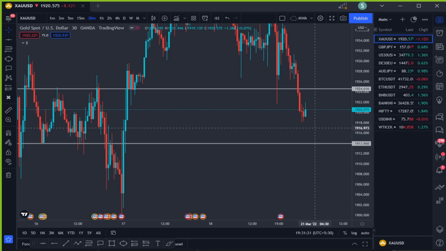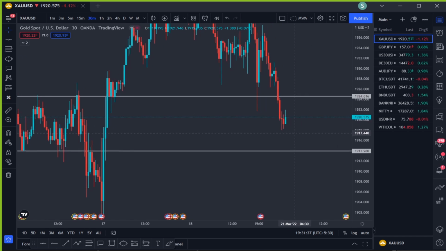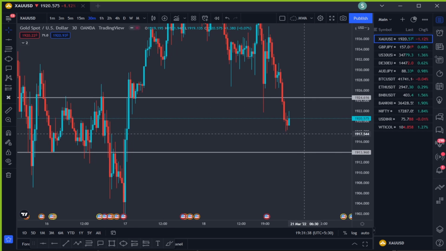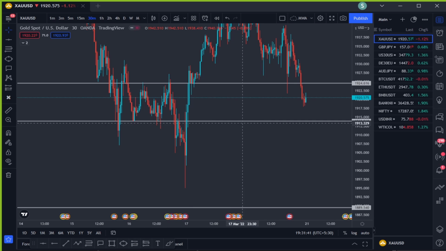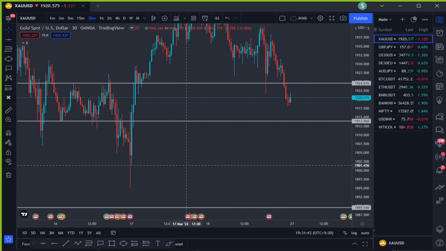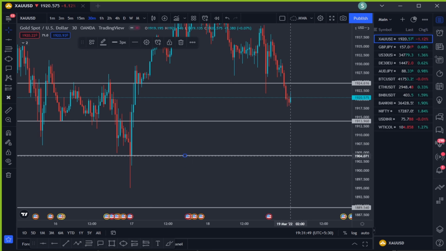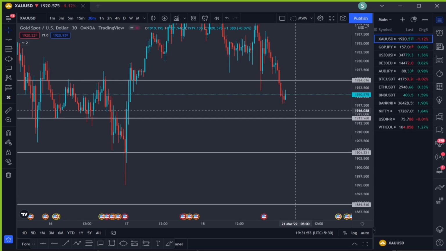Now we know that monthly was bullish, and weekly was kind of bearish, daily was in the range, 4 hour was in the range, and 30 minutes already broke and closed below, so we are expecting the price to continue lower, but still this is a range. So depending upon where we get the breakout from this range, we again expect where the price is heading to. Now this is going to be the next support. If we get a break and close below this level further, we will expect the price to move to